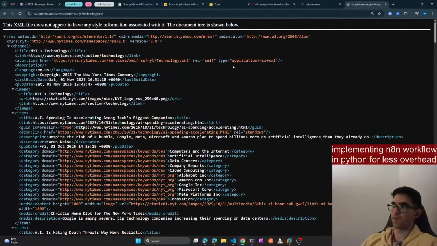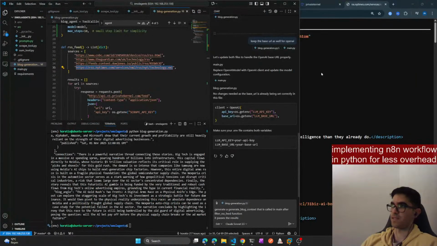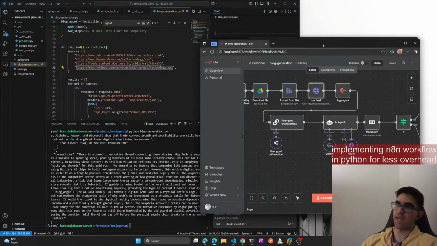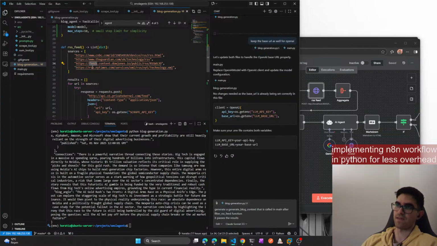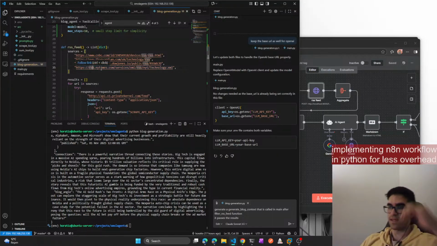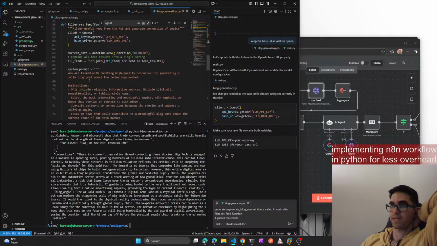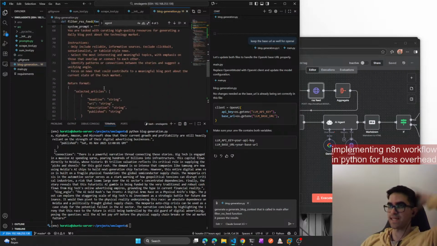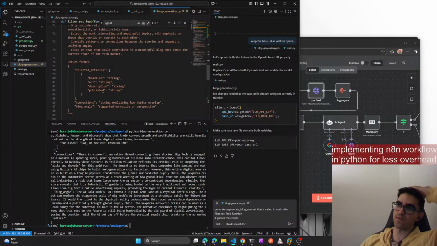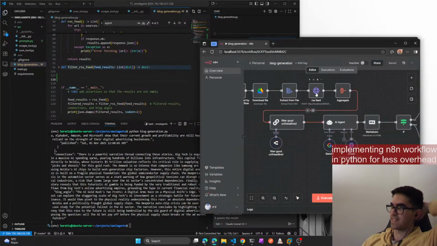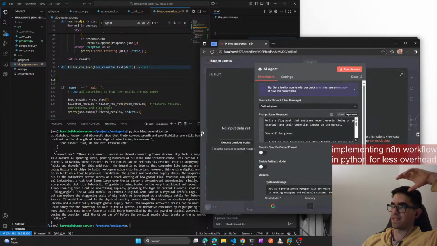And that's also what we are doing at the moment in, for example, this blog generation pipeline. Part of it, to get the latest news, we look at this RSS feed part of the URL. And so at the moment, this is the part that has been implemented here. We are pulling out the interesting topics and interesting URLs. So that's the section here. And now I want to go and implement this part.